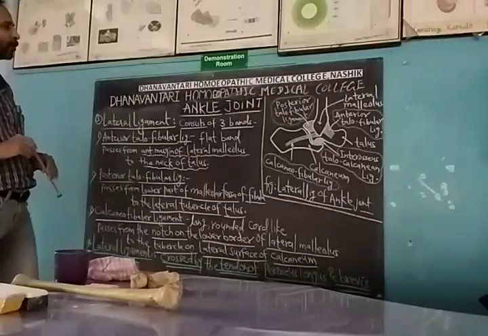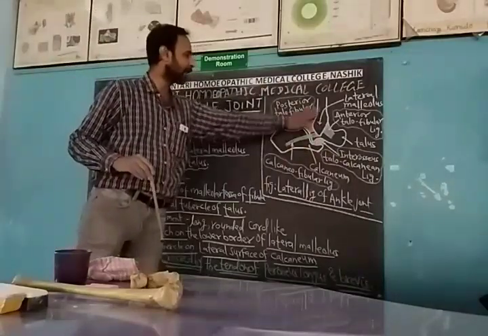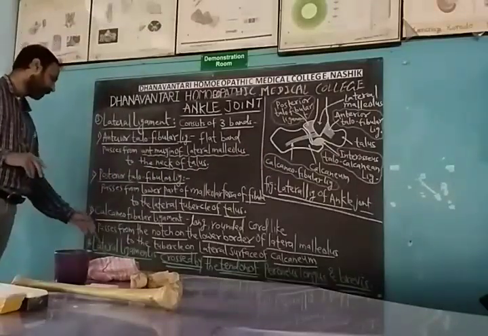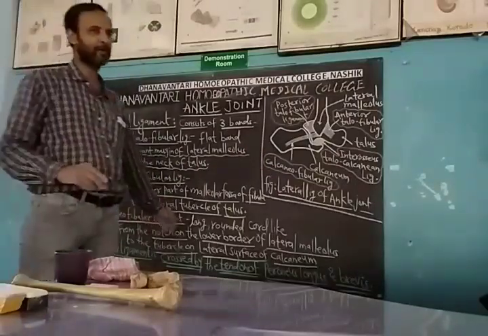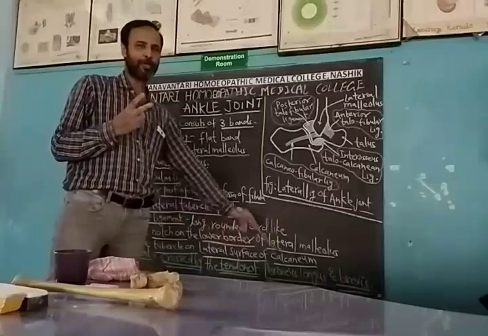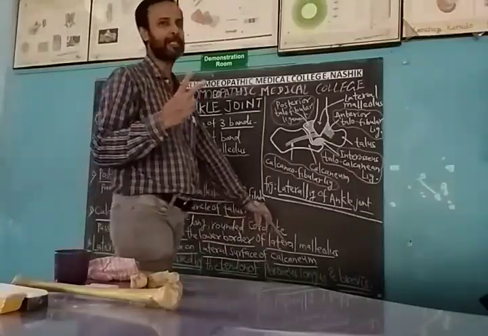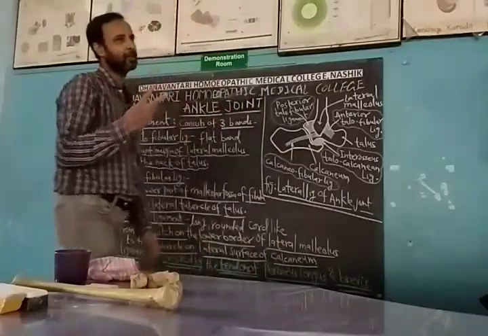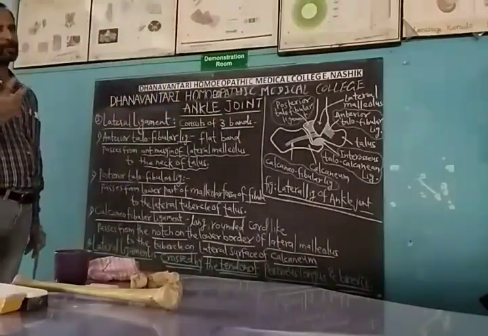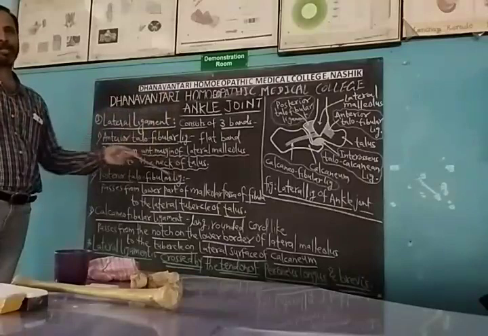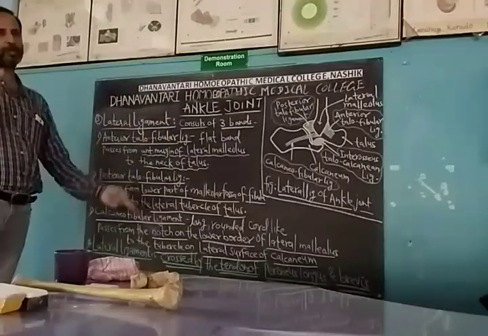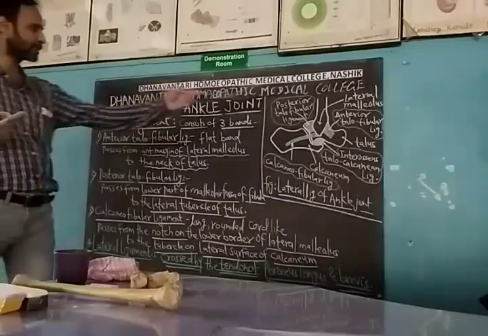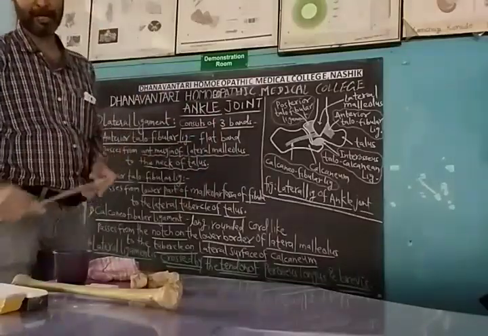Then now the tendons that cross this lateral ligament. The lateral ligament is crossed by two tendons, peroneus longus and peroneus brevis. So this is what we have understood over here: the three bands of the lateral ligament, crossed by the two tendons, peroneus longus and peroneus brevis. So this is all about this lateral ligament.